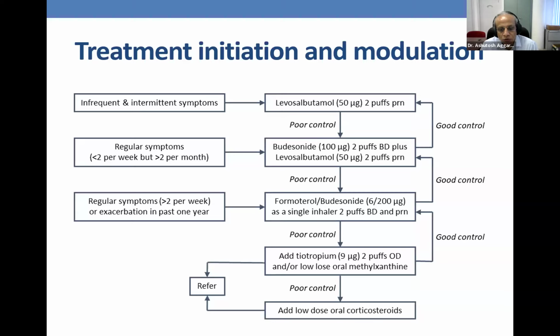At any point, if the control is optimized and the patient remains symptom-free for 3 months or more, then we can try stepping down to the previous level. And ultimately, this cycle will go on, either escalation or de-escalation, till we have reached the minimum possible dose at which the patient derives maximum benefit and control of the disease. At any point, if the patient, despite proper inhaled therapy, is not having sufficient control, then you might decide to refer these patients to a higher center for further assessment. For some of these patients, we can also add low-dose oral corticosteroids as the last resort. But in general, a referral at this point is preferred.